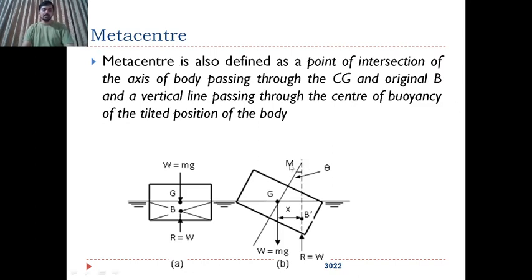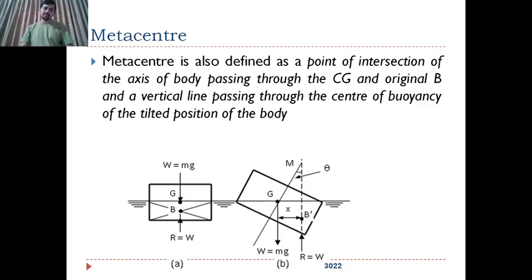Okay, I hope it is clear. Please draw this diagram and read this sentence two or three times and understand what metacenter is. It is very simple. Metacenter is applicable only for a body when it is floating and given a tilt. Suppose a ship or boat is floating in water. Due to wind, it is slightly tilted towards left or right or front or back.